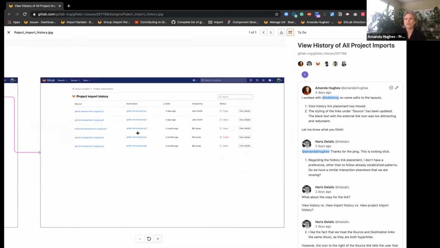Do they need separate visual treatment, or is that not necessary? You mean because the pathway goes to different websites? Yeah, the source link launches in a new window and the destination launches within GitLab.